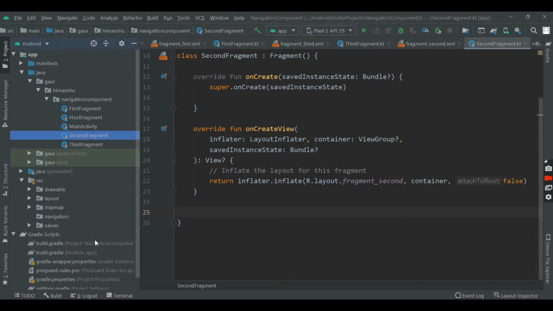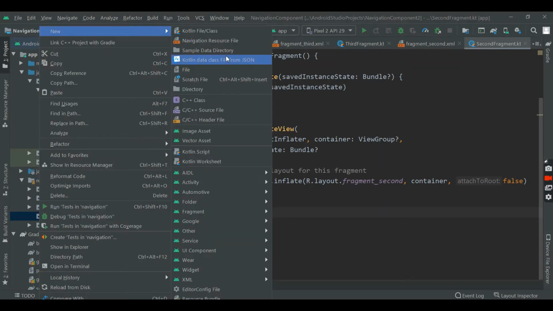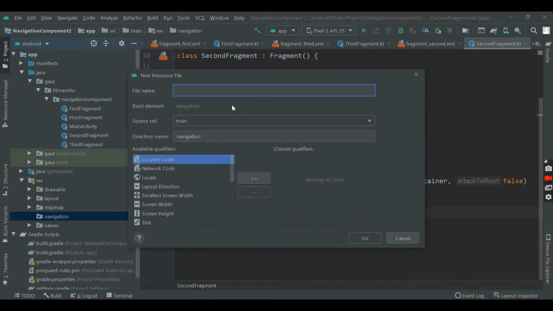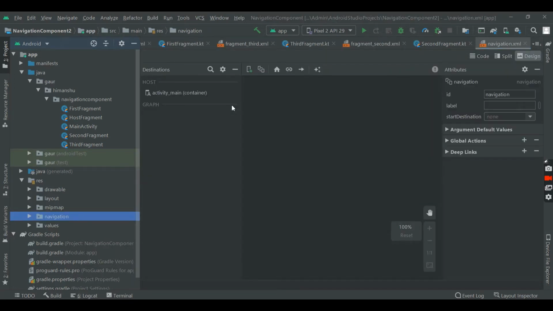Okay, now go to your navigation and create a navigation resource file and I name this navigation. Yes, now we add some fragments in our navigation graph. So open your design and click this plus icon.